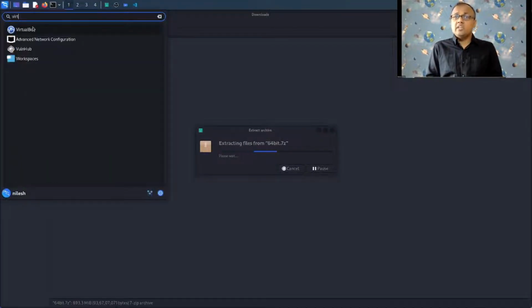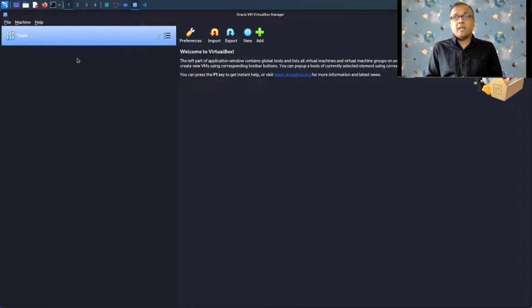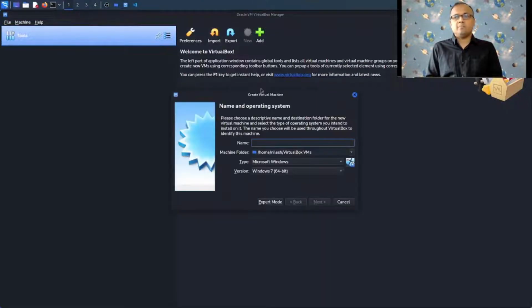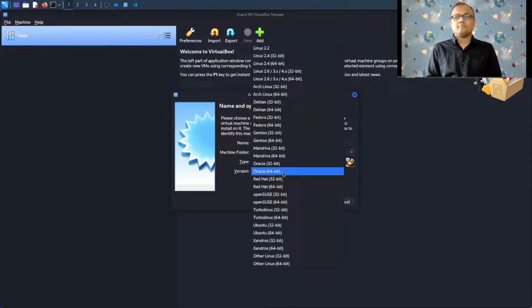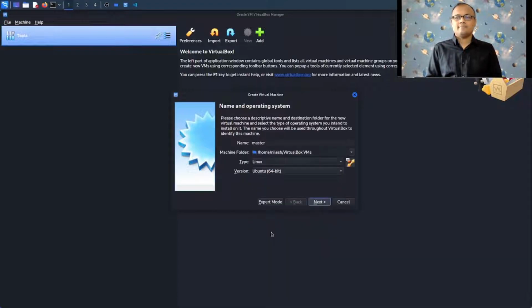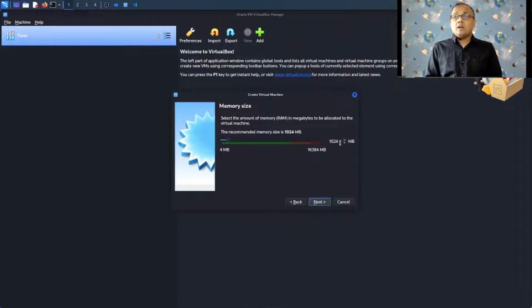Of course, you need to create virtual machine separately, and to create a virtual machine, you need to open VirtualBox and then you can go to the new virtual machine. We can give some name like master over here and select the Linux operating system, out of which I am going for Ubuntu 64-bit operating system over here. For these machines, I have chosen 2.5 GB RAM,